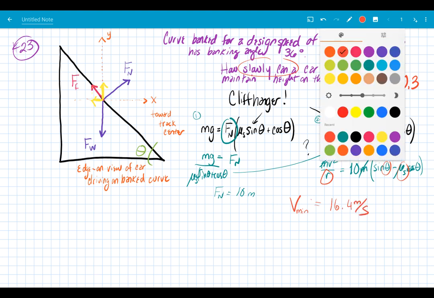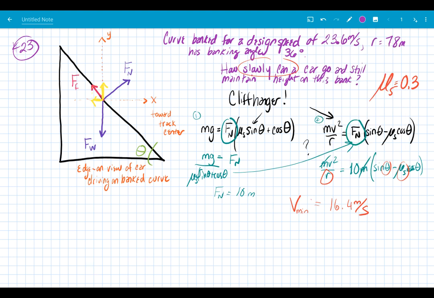So my challenge to you now is to find the maximum speed that the car could go on the hill and not drift up the hill, okay, in this direction. If the car tends to drift up the hill, what is going to happen is that you'll have a friction vector that points down the hill, here highly exaggerated. So you get the idea that you'll have to resolve it and have a friction component this way and a friction component this way. So you'll need to repeat the kind of operations that we did in the first video,